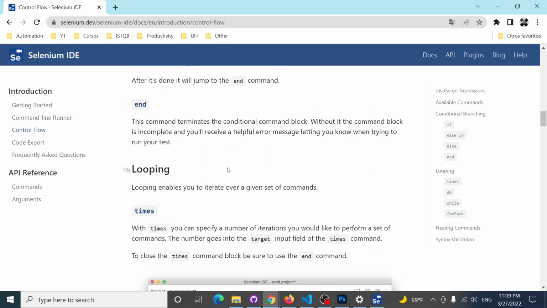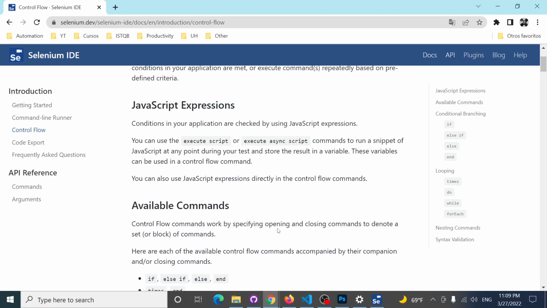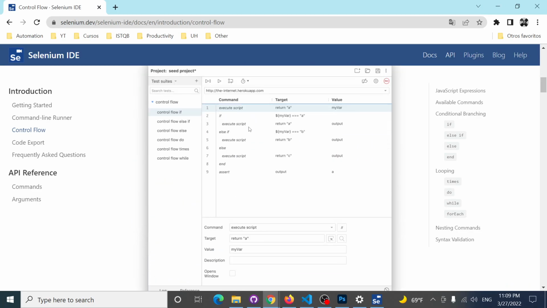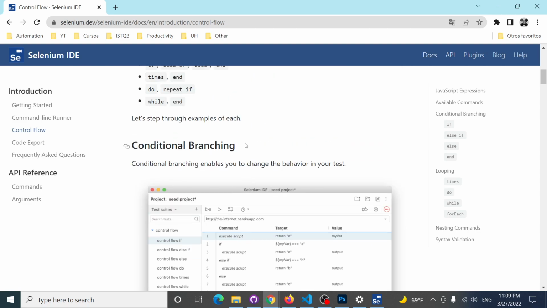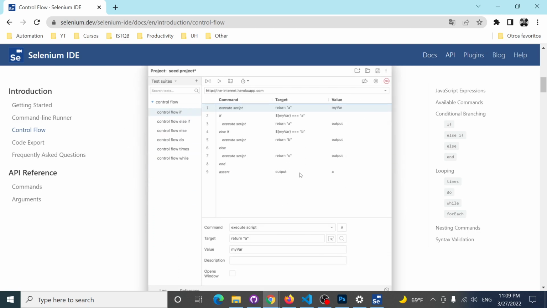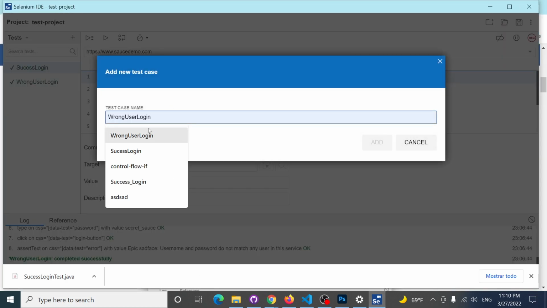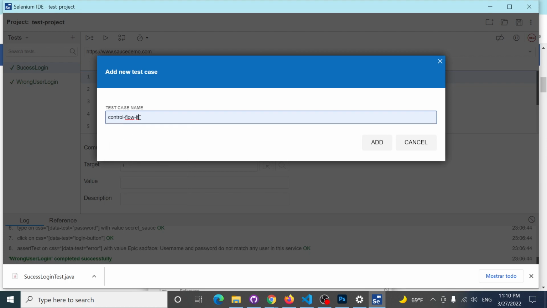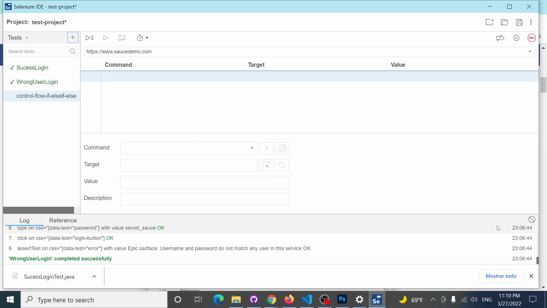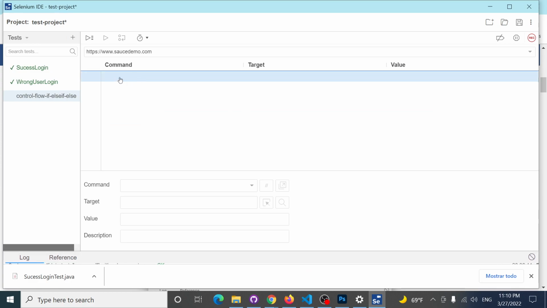But in this case, I want to give you an introduction of using conditional branching with if, else if, else, and end, okay? And at the end, we're gonna be capable to see a final output, and you can use this knowledge to apply this to different scenarios for sure, right? But let's start. I'm gonna click on a new test here. The name of this test is gonna be the control flow if, else if and else. And we have to start with a command here, which is going to be execute